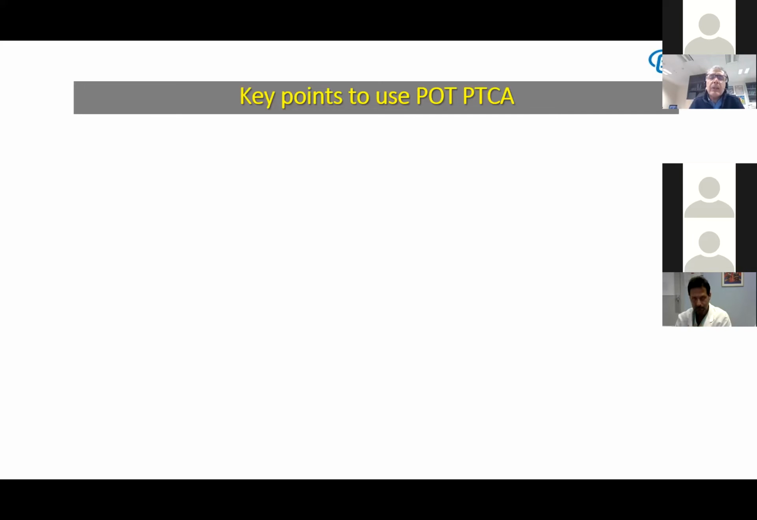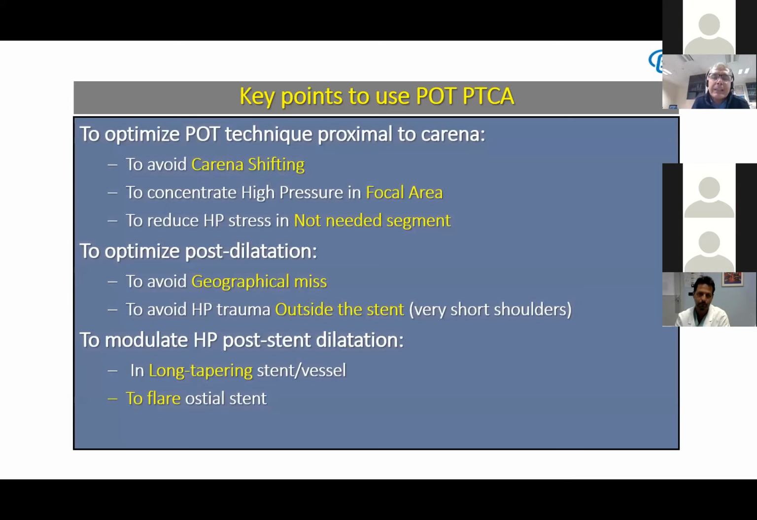I believe, in conclusion, the key point to use in my mind the POT PTCA balloon is to optimize the technical proximal technique to avoid carina shifting. First of all, I believe a lot in this technique to concentrate high pressure in a focal area, and with this type of balloon it is possible to reduce high pressure, especially in the carina or in the distal part where it is not needed, to optimize post-dilatation to avoid geographical miss,